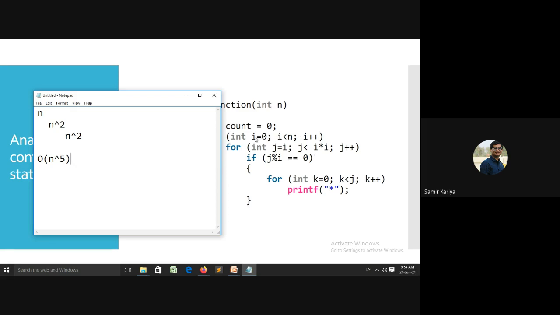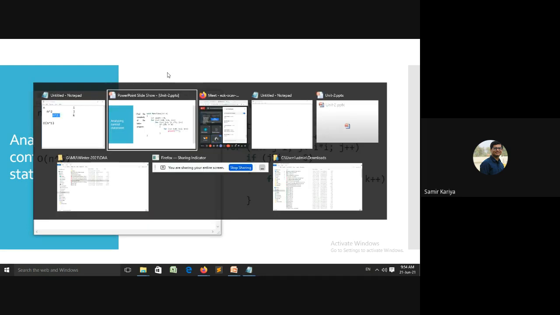Again, the i for loop is only one time, that's n. Here i into i, that's why here n square. And for the variable small j, j is equal to n square. Here again k less than j, that's again n square only. So that's why here it's n square for the third inner for loop. And the multiplication of these 3, you will get n raised to 5. I hope all of you are clear.